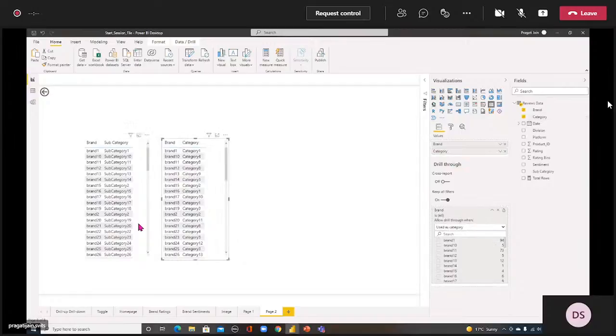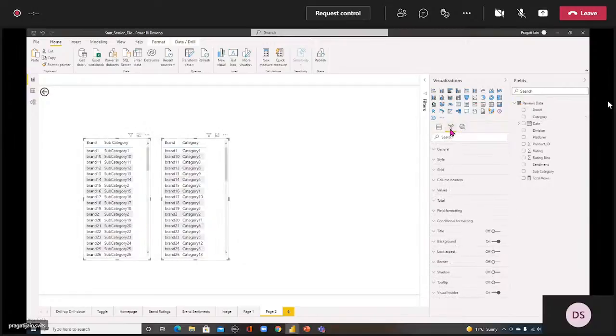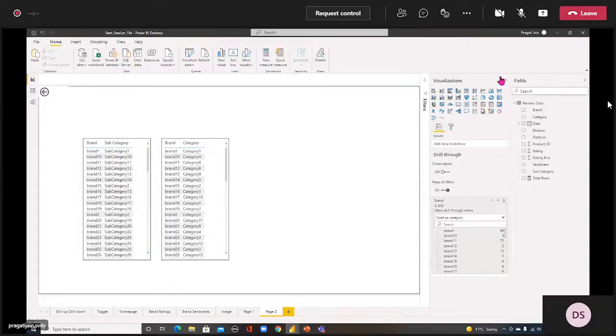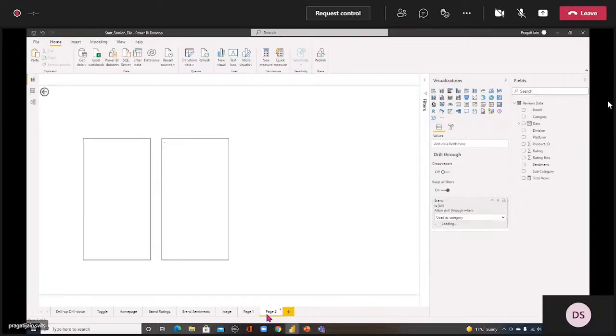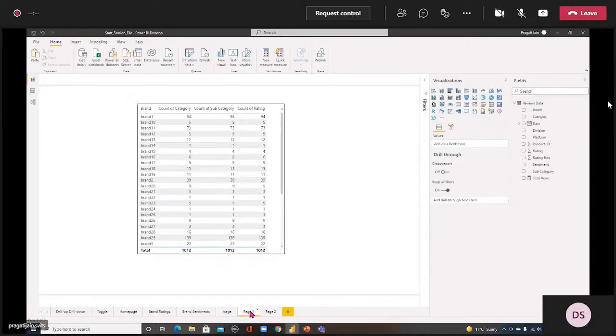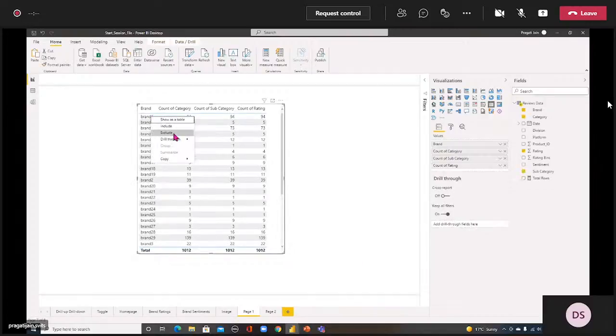So this is just a simple example of what kind of detailed information we can have, but there could be a different level of detailed information we can have. Now, let's go to page 1. As soon as you create something on your page 2, and if you hover over the brand one and click on it, you have got something called drill